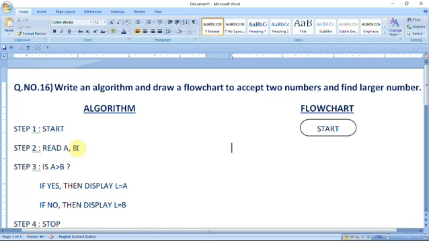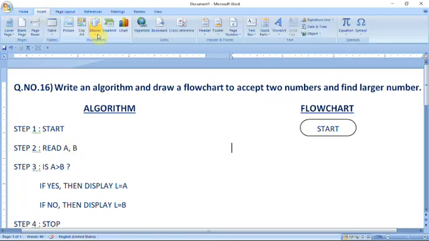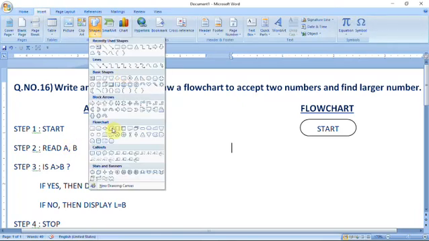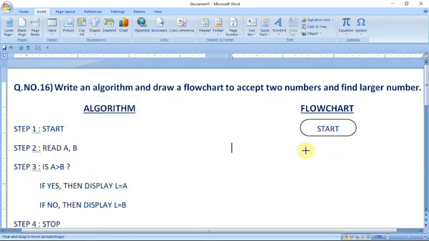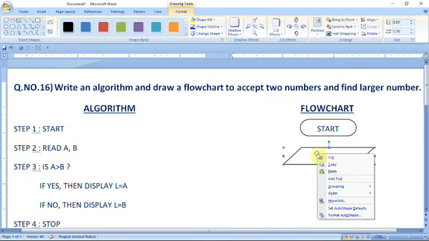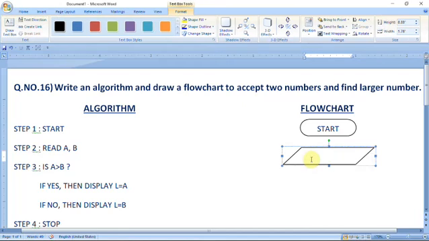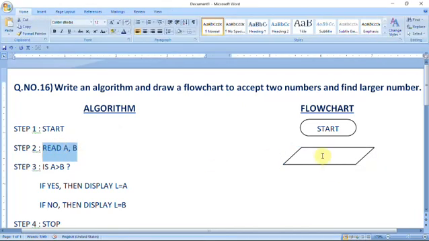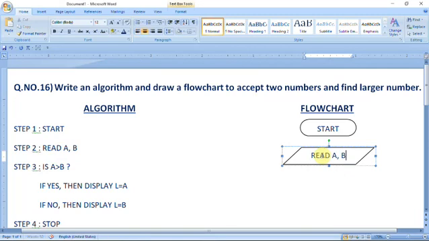for the read statement, we have to use this, which is called a parallelogram symbol, because this is called the input symbol, so this is called the input step. For this we have to use the parallelogram symbol for accepting the value from the user. And here you have to write the same value, Ctrl plus E. Now next,